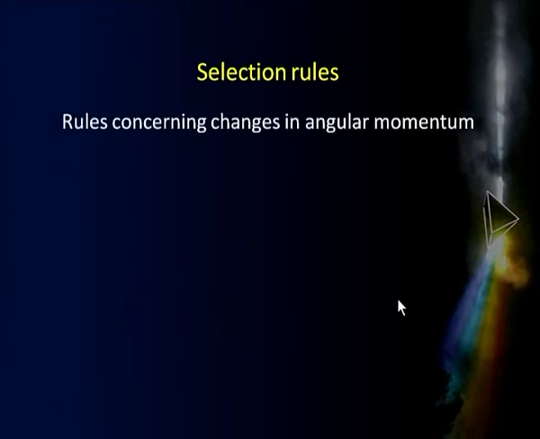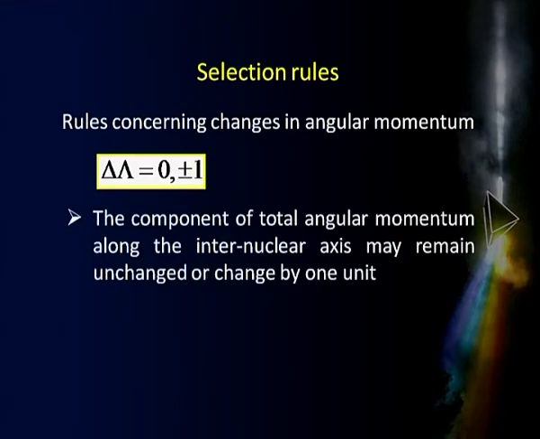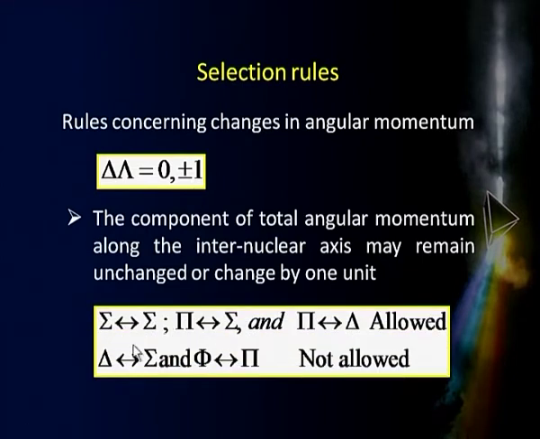And of course, we did talk about the prerequisites for spectroscopy. The selection rules happen to be as follows. First, there are rules which concern the angular momentum, that is, delta lambda is equal to 0 or plus minus 1, where lambda is the quantum number which quantizes the component of total angular momentum along the internuclear axis. So the selection rule tells me that delta lambda should be equal to 0 or plus minus 1, that means it either remains unchanged or changes by 1 unit,